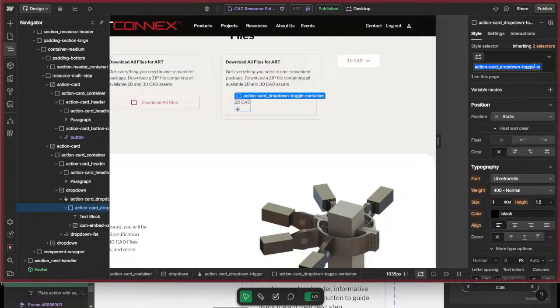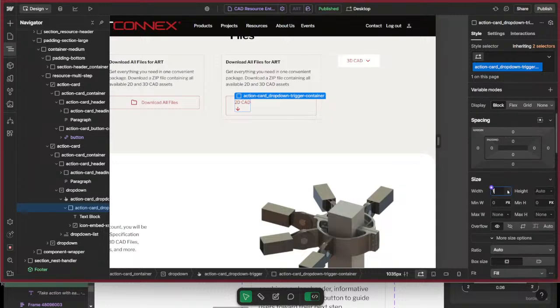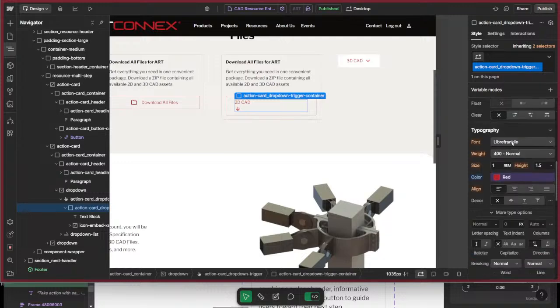I guess we should call it trigger container. Now we can make it red and then just stretch this guy out, and also